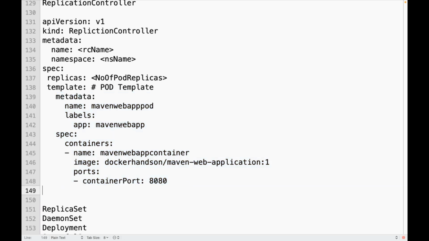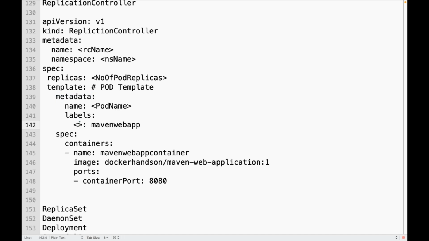Yes. So now under template again I have metadata. This is metadata for which one? The metadata starting here is for the RC. I have metadata again, but this metadata is for the pod template. This is pod metadata. Can I give a name like this? Pod name. Labels.